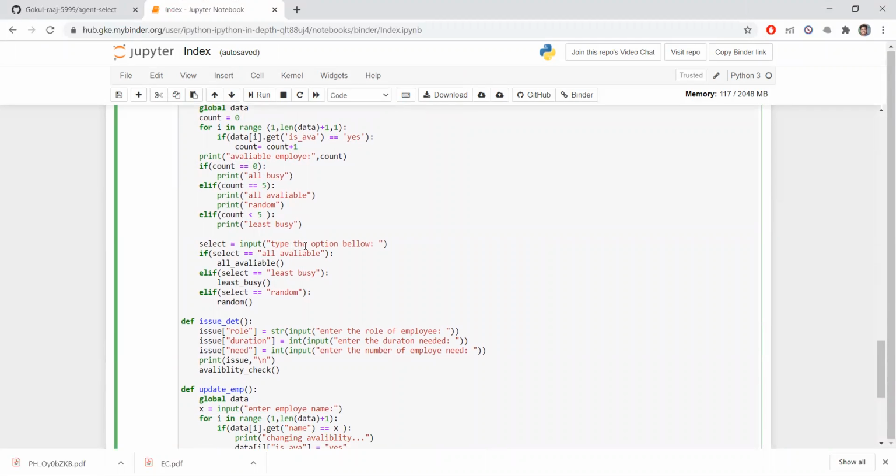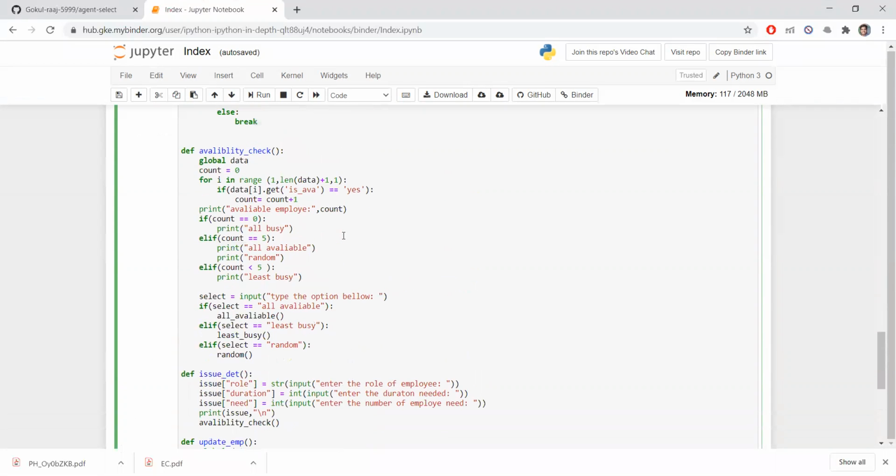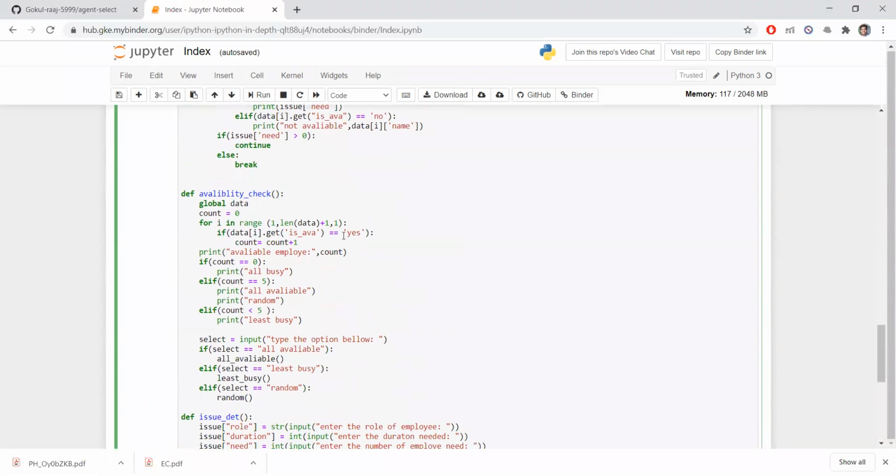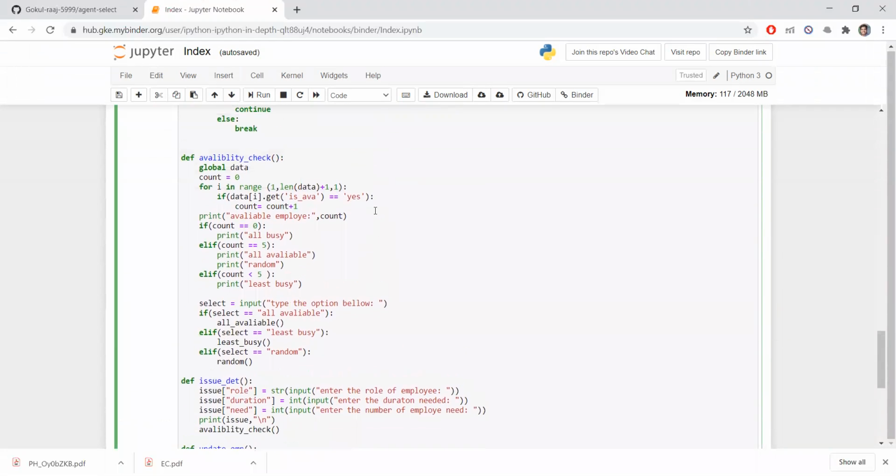Then we have to type the mode, selecting like all available, least busy, random. It will be printed here.